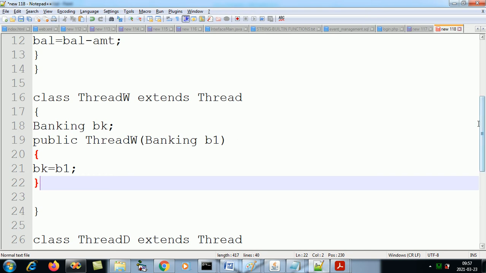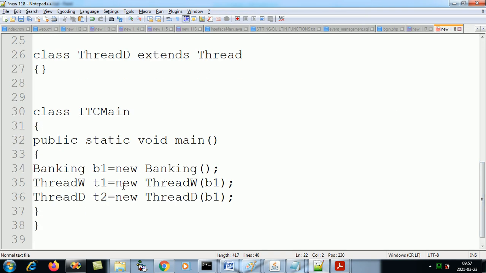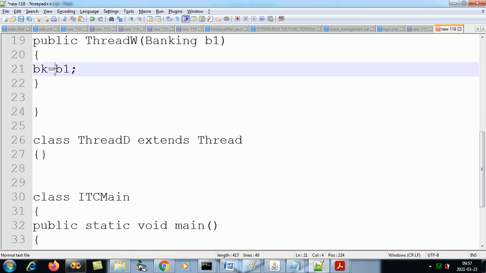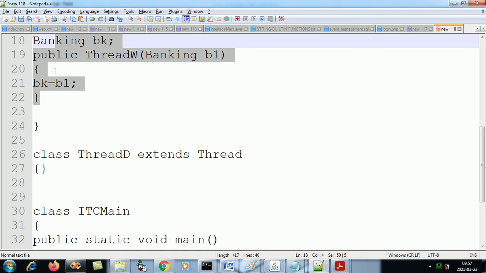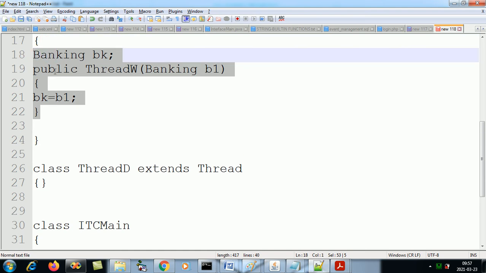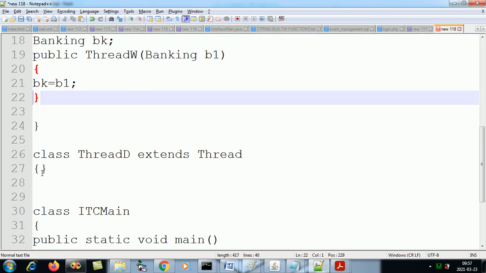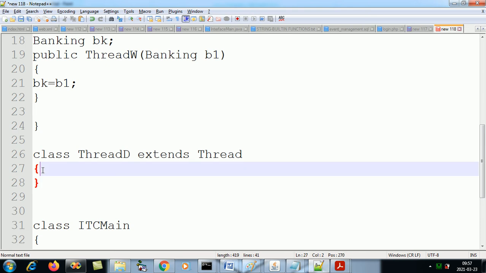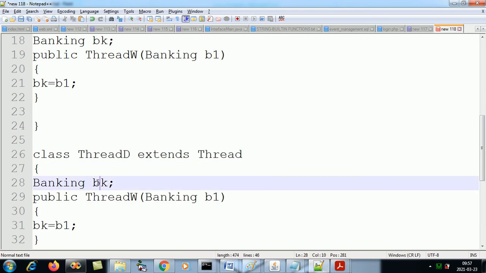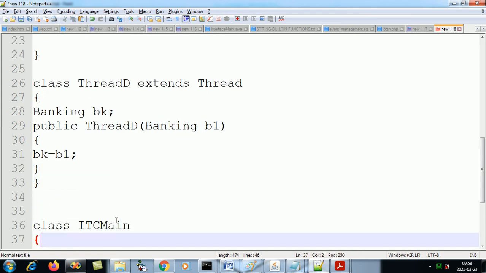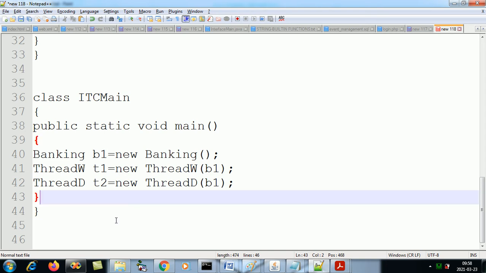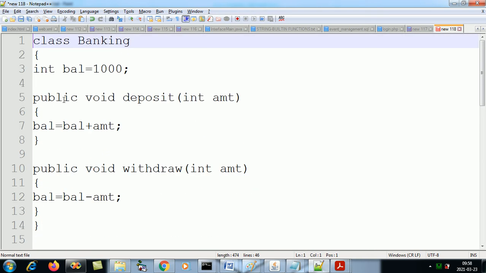So in T2, thread 2, also I am passing B1. So even in thread 2 here also I made a banking object BQ, and this is thread D, and this D is going over here. Okay, is this understood till here? Simple concept. Okay, I've made a class bank. The class banking I have made, why?